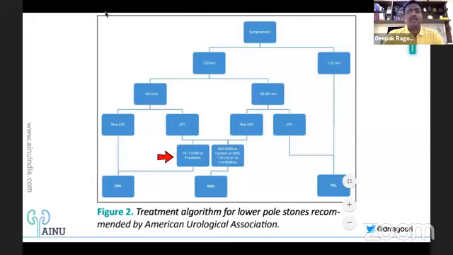As far as the Americans go, there is another factor that comes in. More than 2 centimeters is straight away PNL. For the less than 2 centimeter stones, the two more factors that they would like to highlight are, firstly, the density of the stone, Hounsfield units, which is very, very important even in my opinion. The stones which are softer, less than 1,000, and in the pediatric age group, you can still consider SWL. And there are stones which are harder, more than 1,000 Hounsfield units, the cystines, and those more than 1 centimeter, along with some comorbidities, maybe you can still consider an RIRS.